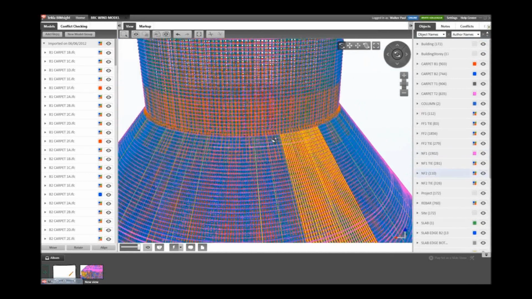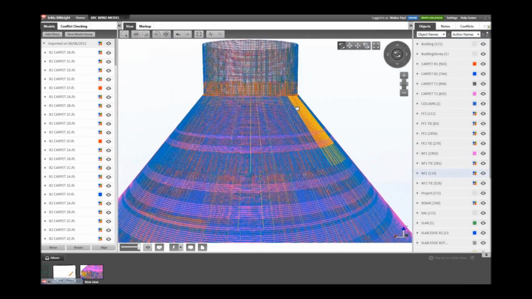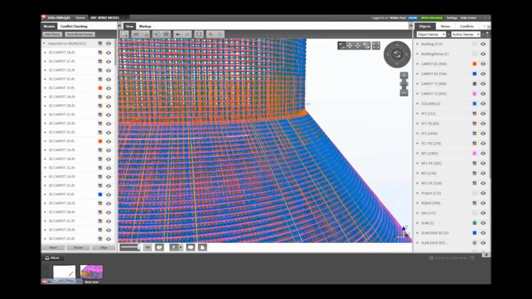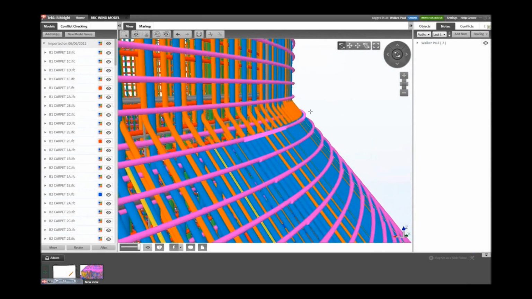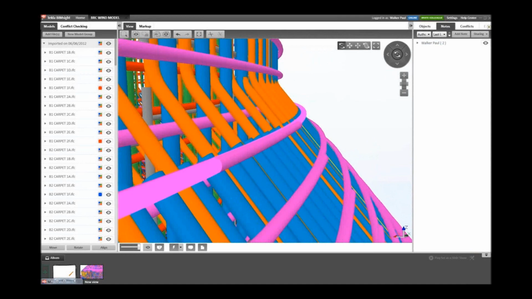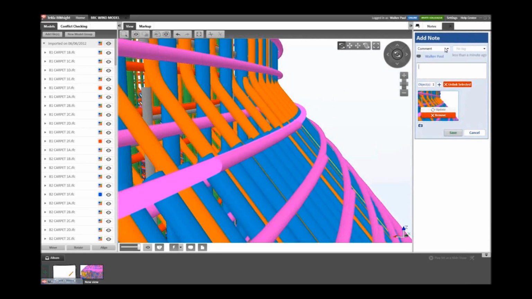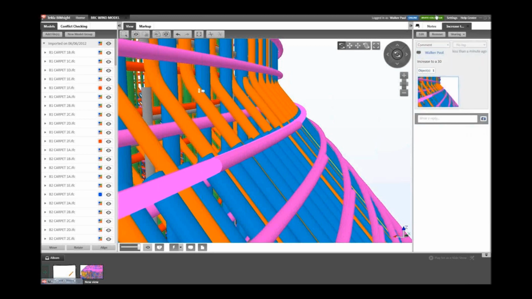In terms of actually coordinating, if you are a detailer and you're sending to the engineers for checking, you can actually send this model off, and the engineer can add comments. So if he wants to add a comment to this bar, for example, I can add a note directly to it, and I can say increase to a 30 or something like that, and save, and then I can actually share this as an RFI